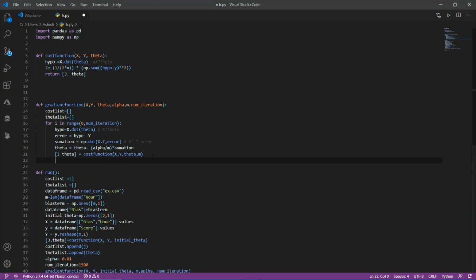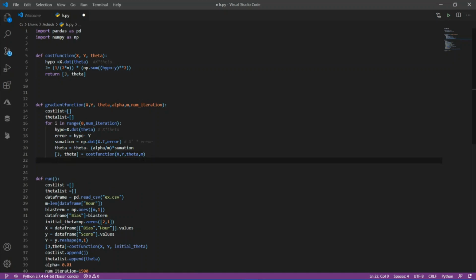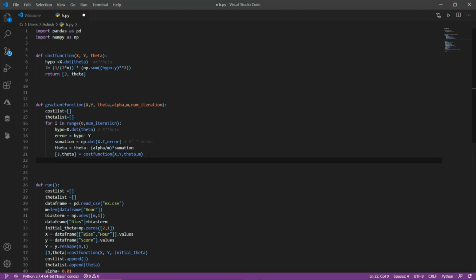Now, after calling the cost function in the gradient function, inside the gradient function we'll get j and theta. Now I'll append this j and theta into cost list and theta list respectively.